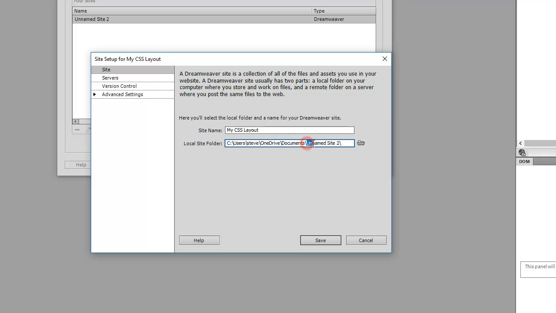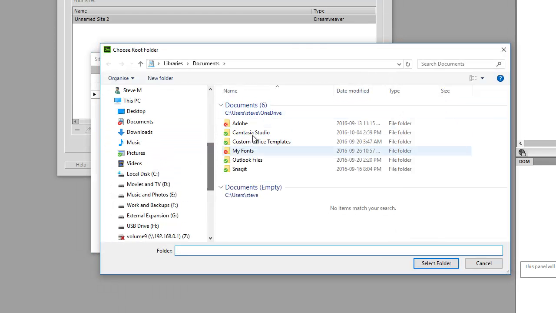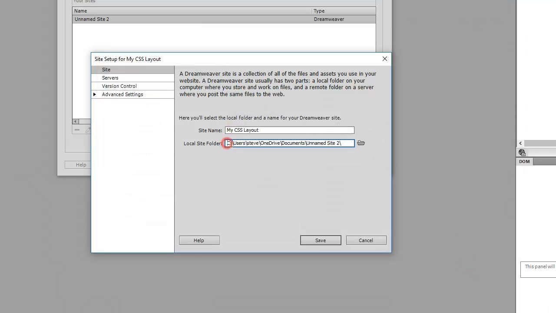And over here we're going to actually create the folder where our files are going to be saved in. Now you'll notice the folder here will depend on what your system is set up as, whether you're working on a Mac or a PC. It doesn't really matter. What does matter is that you know where this folder is being saved. If you click the little folder icon, you can actually browse to somewhere on your computer and choose a specific folder. I'm going to just put it in my default folder in my documents, and I'm just going to change